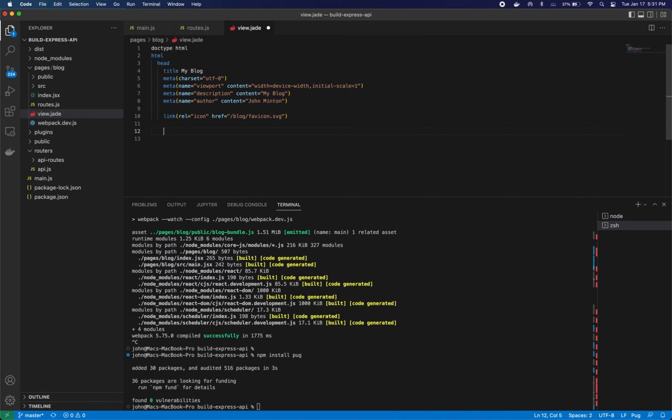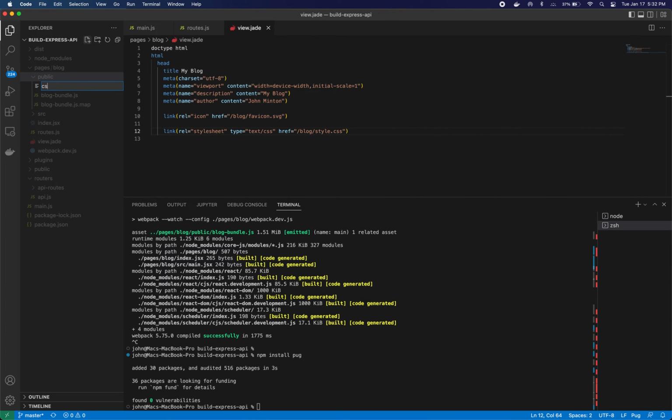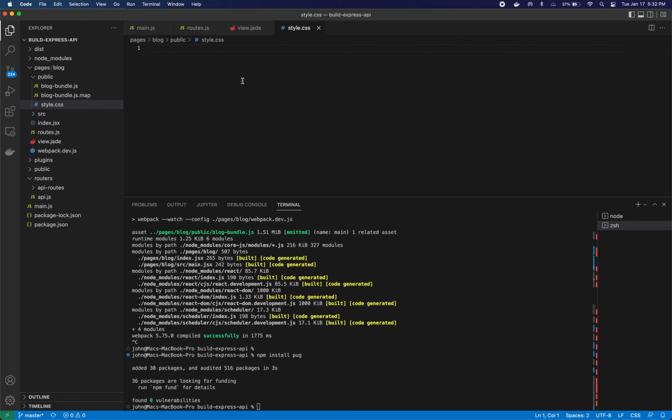Okay. Now we're going to do link for our CSS if we have any. Rel equals stylesheet, and type equals text/CSS, and href equals /blog/style.css. So now in our public folder, if we create a new file called style.css, this will automatically be pulled